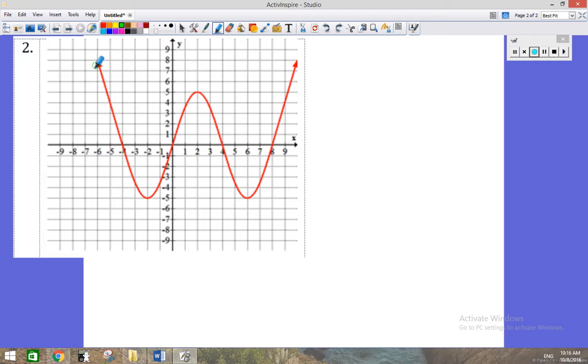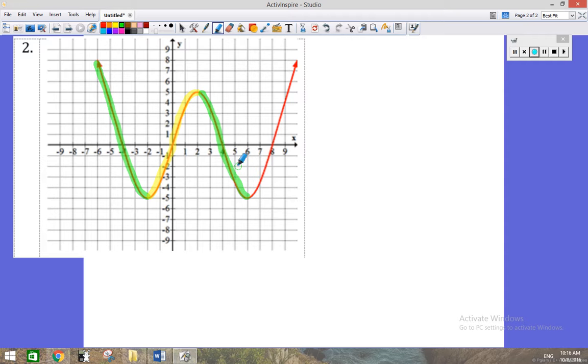So as I move across the graph from left to right, I'm decreasing here. As I'm moving to the right, I'm going down. Back in Algebra 1, if you pick 2 points and determine the slope, it would be negative. Then I hit this minimum point, and it changes, because then the graph starts to go up. The y values begin to increase. As x increases, y is also increasing. So then we hit the top, and now we're going down again. So it's a roller coaster, right? You're going down,